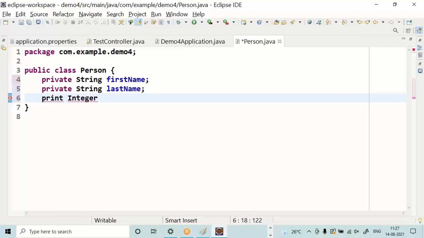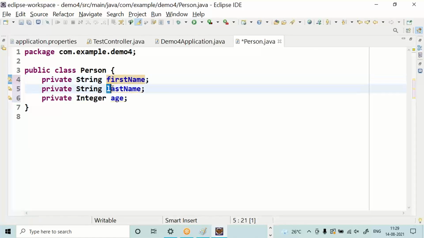Private Integer age, I'm choosing Integer with I uppercase, age. First, type these three fields. Please mention F, L, A in the lower case as starting letters.